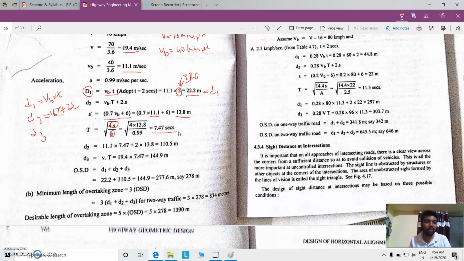seconds, which is the total time required to overtake from position A2 to A3, if you remember the previous class diagram, right? And once you get the value of T and the value of S, you can substitute here. VB is 11.1, T is 7.47, plus 2 times S, where S is 13.8. Once you substitute the values in the formula, you will get the total distance D2 as 110.5 meters. Similarly, since it is two-way traffic, we have to consider D